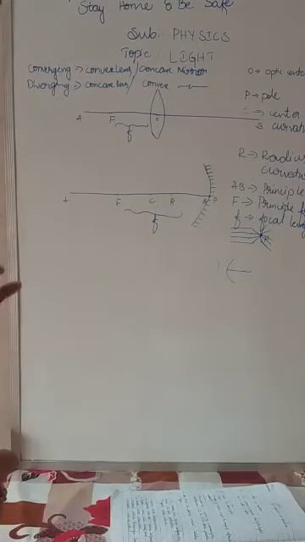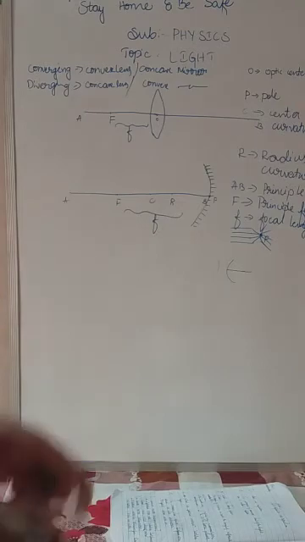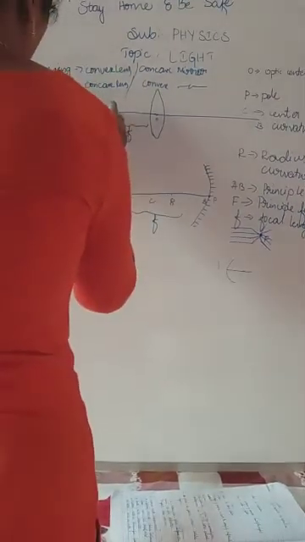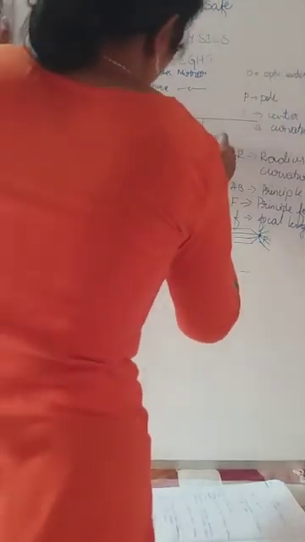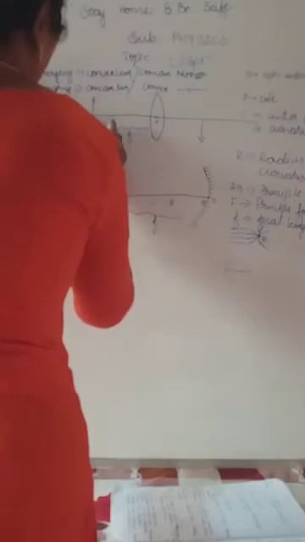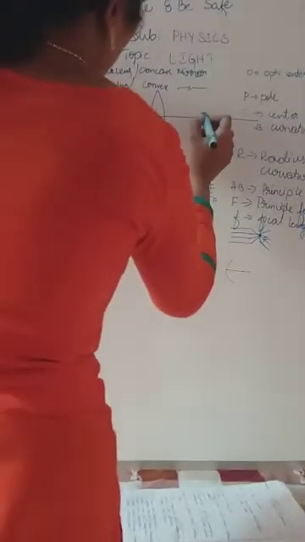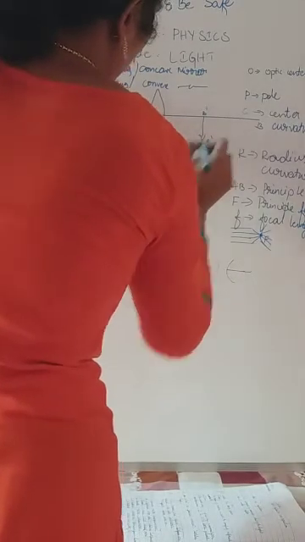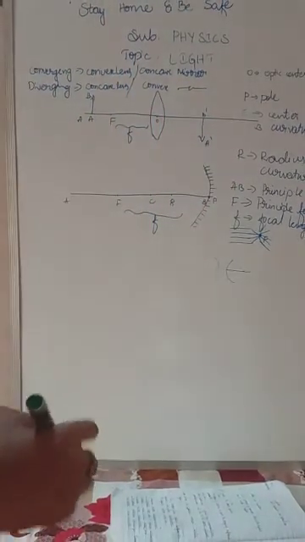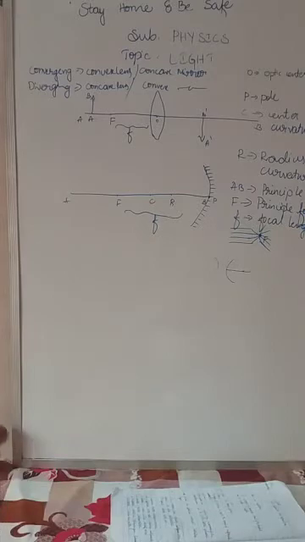And what is meant by image distance? Consider we are keeping the object here, so the image is formed here. Let us take the object as AB, and here an inverted image is formed, so it should be B dash A dash. A dash refers to the inverted image. The image will be inverted.